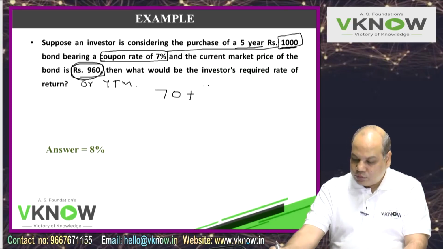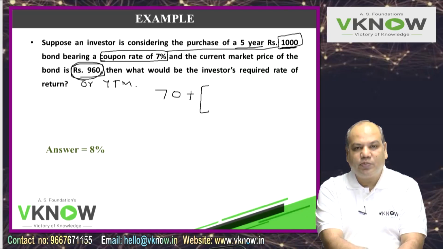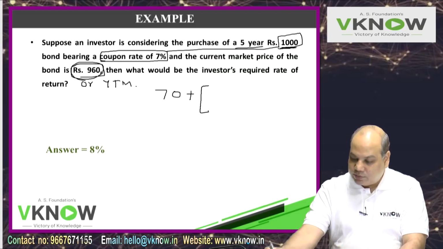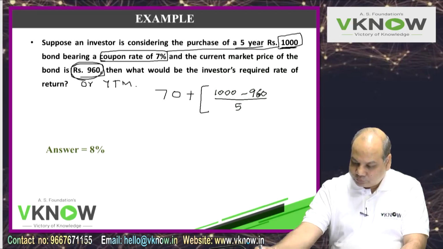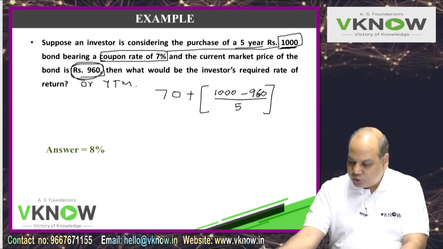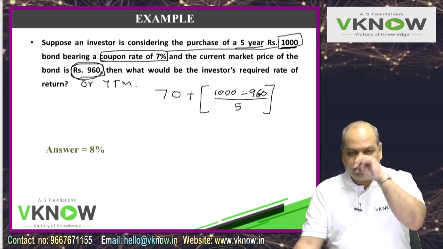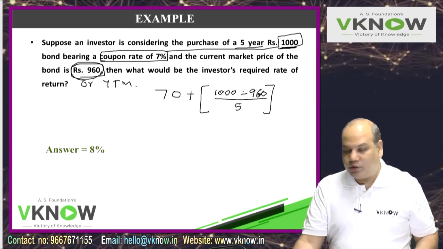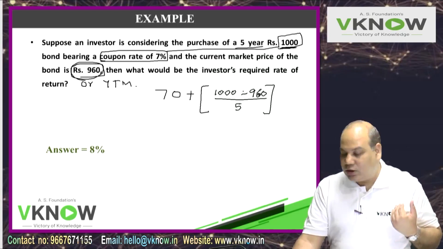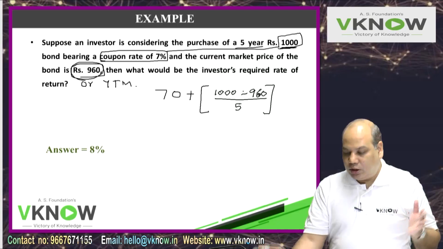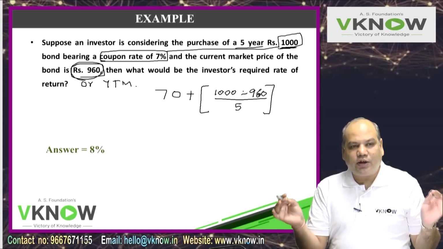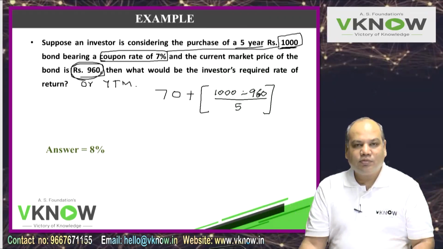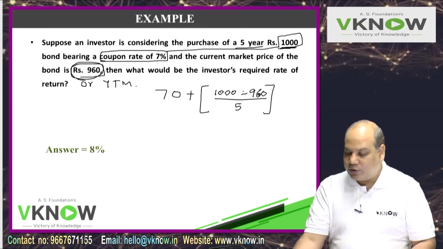So one benefit associated with investment in the bond is the coupon. In this example, there is one more benefit associated. You buy the bond for 960, but you get 1,000 rupees. So you get 40 rupees more than what you invested. That will also add to your return, because by investing 960, if I am getting 40 rupees more, and this is a 5-year bond, it is as good as getting 8 rupees per annum extra. So that also will increase my rate of return.